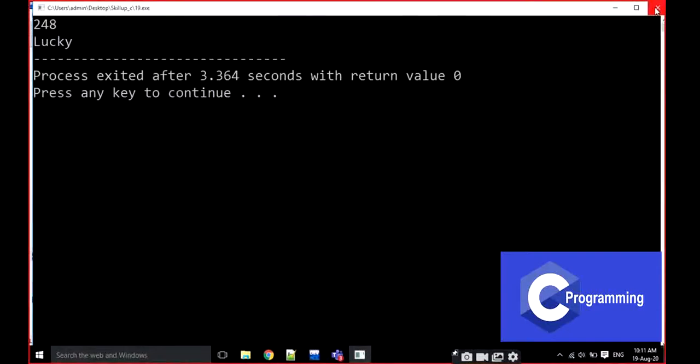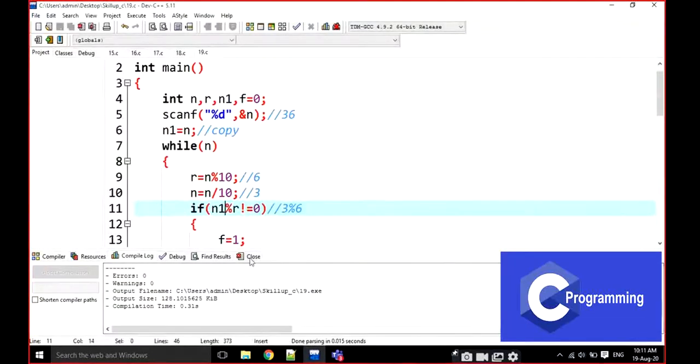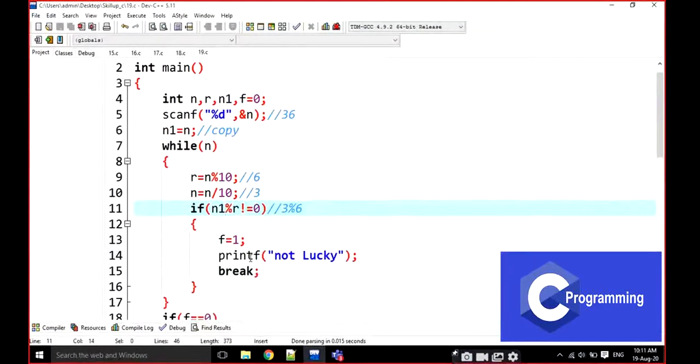That means 248 is divisible by 8, 248 is divisible by 4, 248 is divisible by 2. Then it is called a lucky number. Yes. Is it clear, everyone?